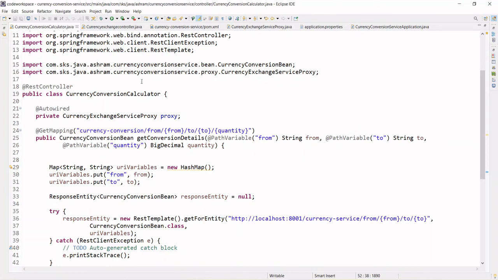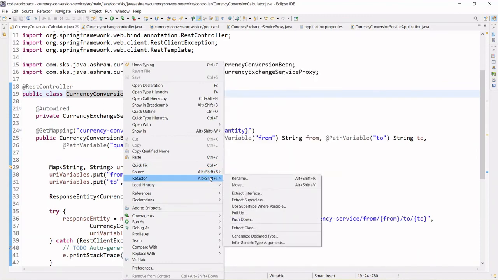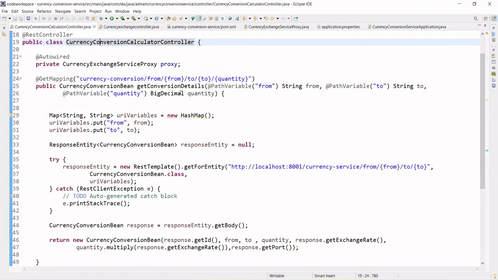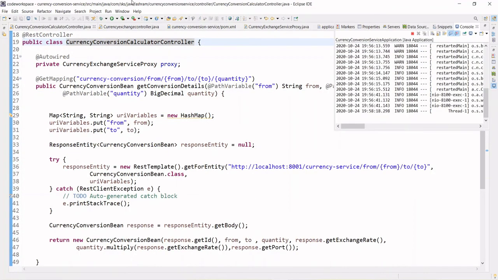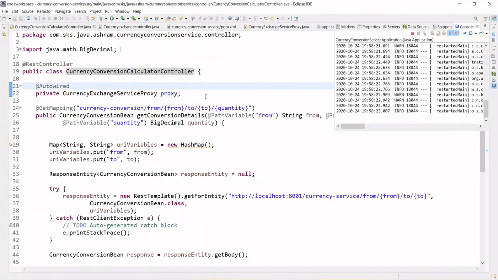And I think I need to do this properly, so right click this, refactor, rename, and make it controller, CMTR controller. This is not something that you require, but for comprehension, since this class is a controller, that's why I made the changes.